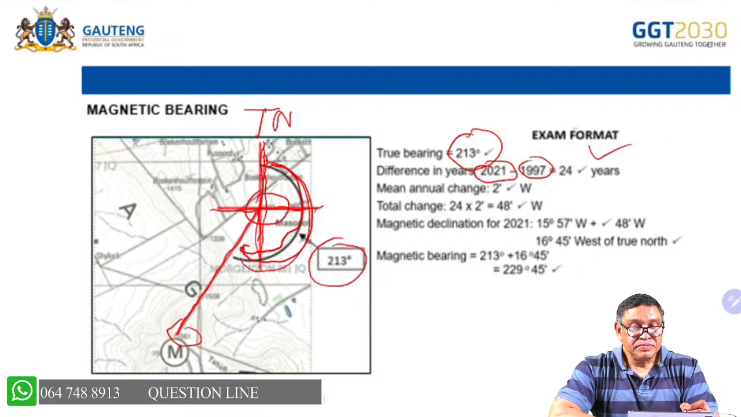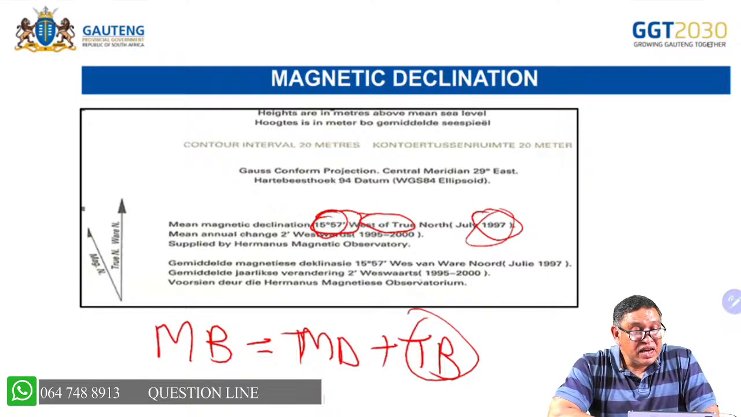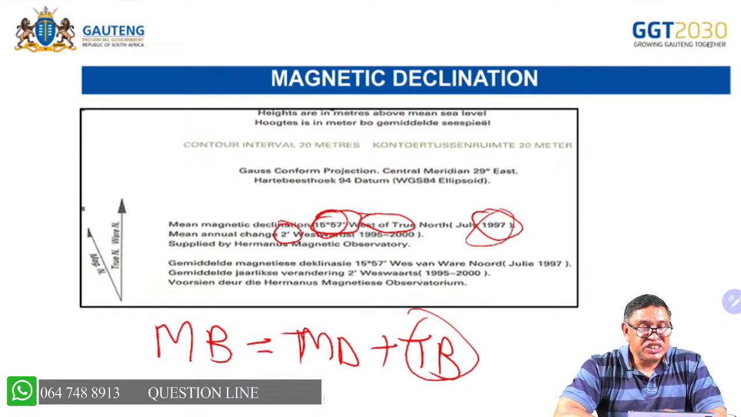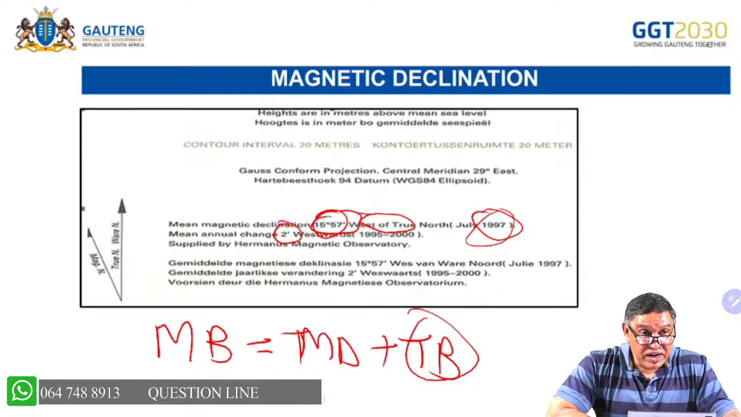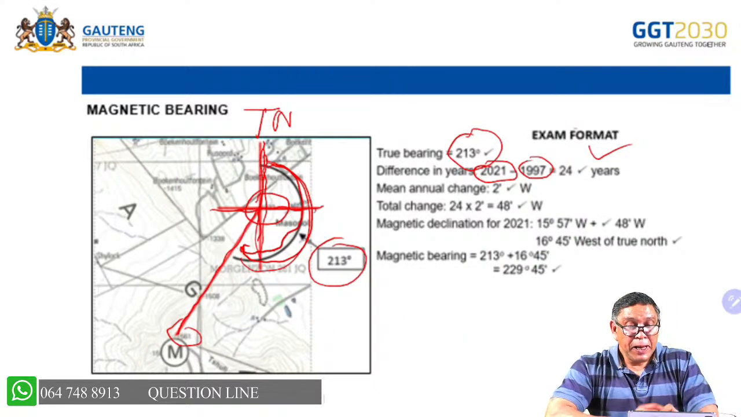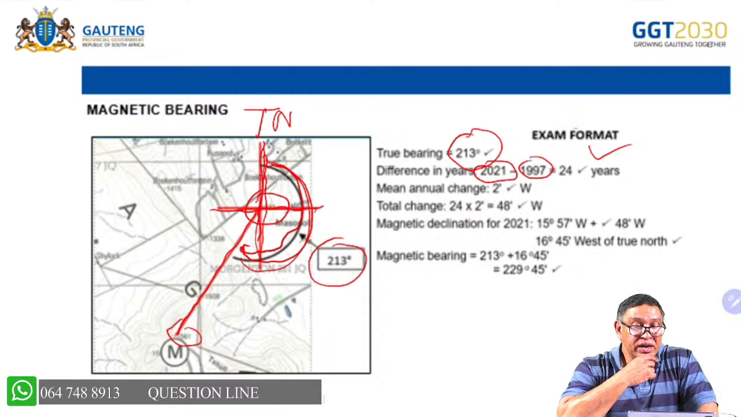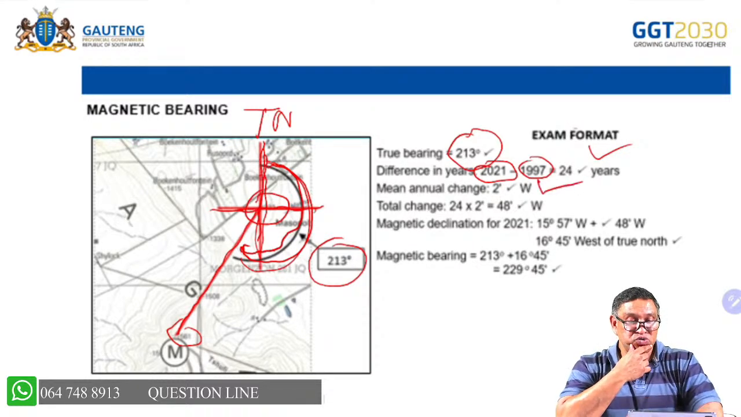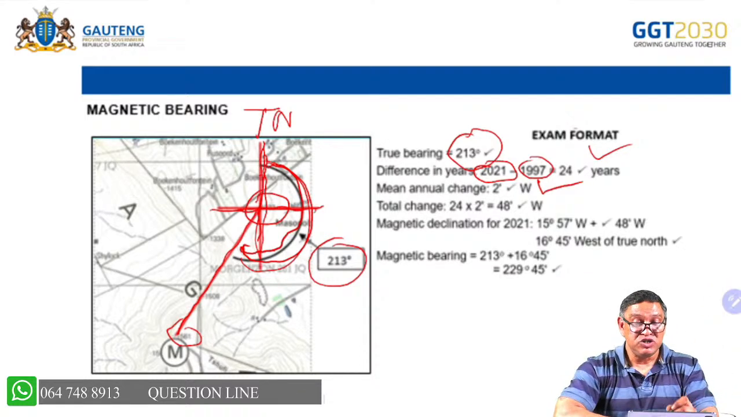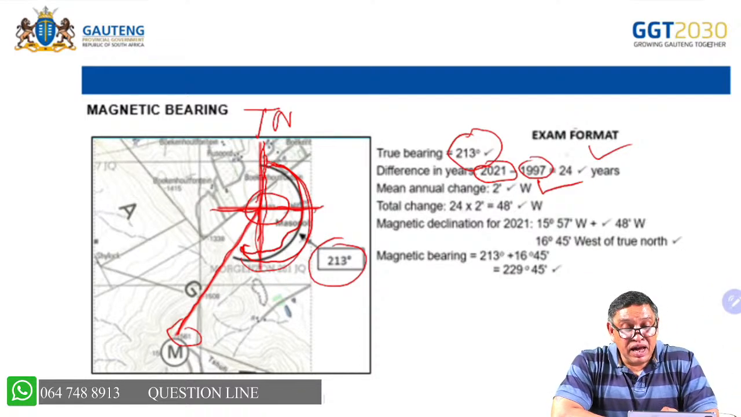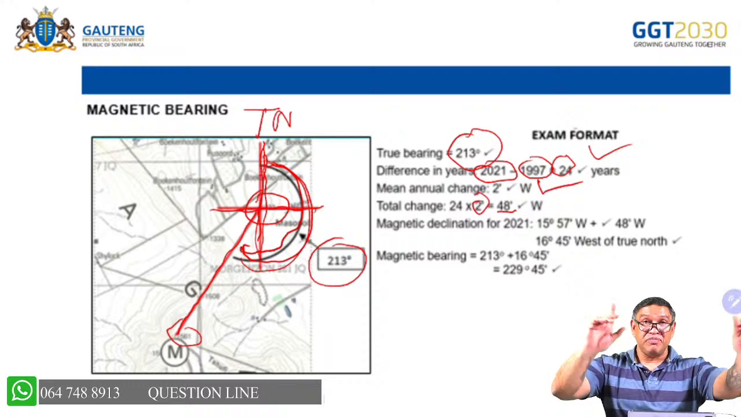Now, the next thing tells us that for each year it changes by 2 minutes westwards. So I want to find out the change from 1997 to 2021. First, I write the mean annual change is 2 minutes westwards. Now the total change from 1997 to 2021: it takes the number of years times the minutes, okay, which gives me 48 minutes that it changed from 1997